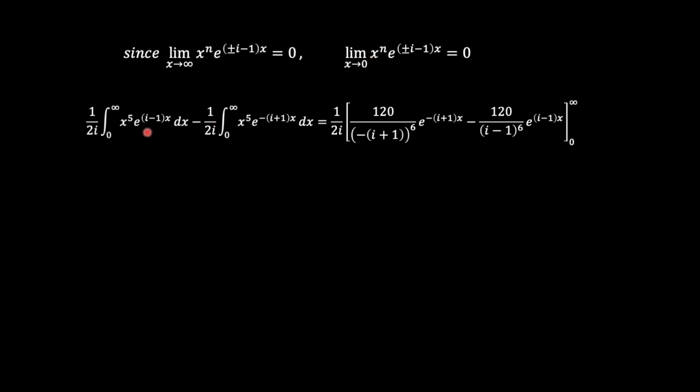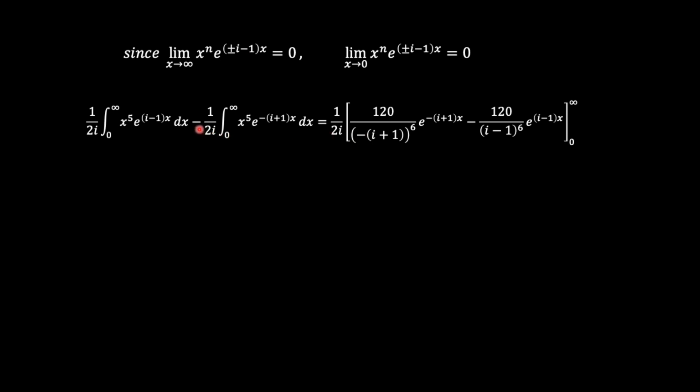So essentially, if we have these two integrals here, it means that the intermediary terms, and by intermediary, we're talking about those with the x component, will tend to 0 at both the upper and the lower limit. So we are left with only the last terms at the end. So, which means that since we had a negative 120 over a to the power 6 times e to the power ax,